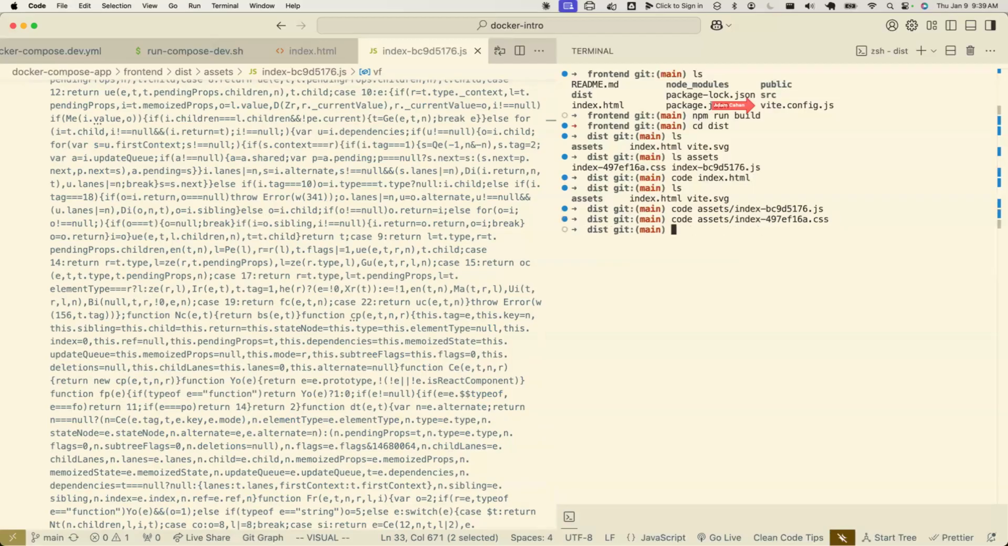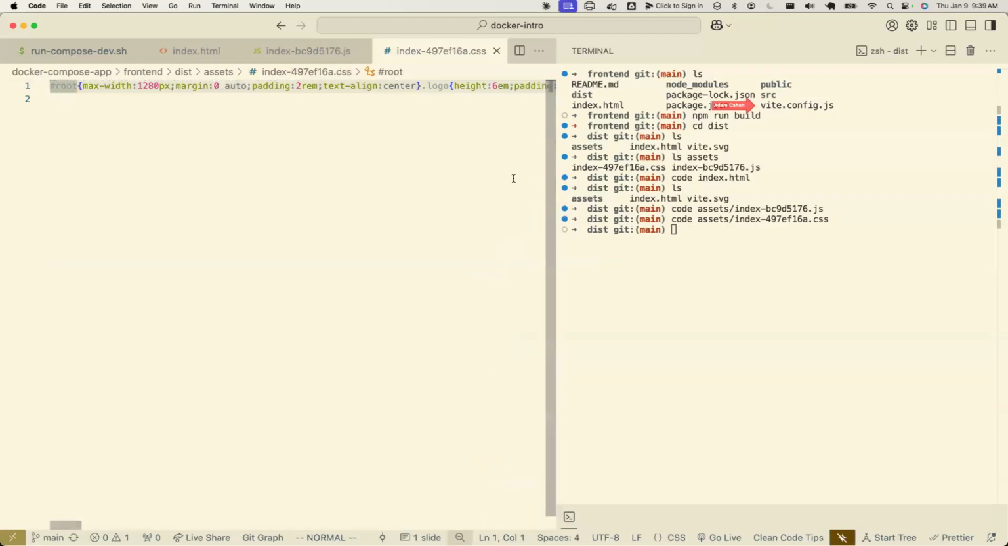Similarly, there's one for the CSS as well, where again white space has been gotten rid of, all the stuff that makes this human friendly is gotten rid of, and the entire CSS for our application from all the different CSS files we might have is put in one file on one line. So